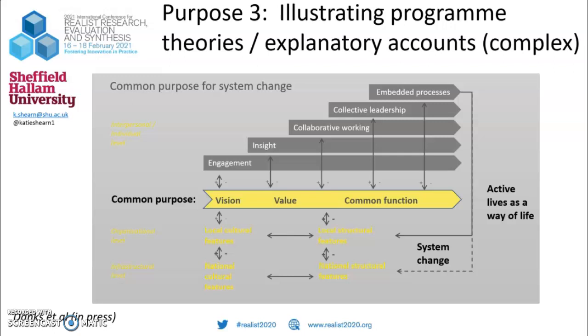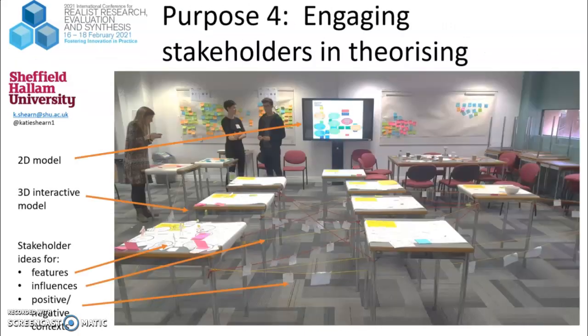And so we have in the yellow arrow here the stages through which they may progress through getting on board with the vision, valuing that vision and working towards the vision, and the support and the ways of working between the stakeholders that might achieve it, as well as providing a reminder of the inhibitory or facilitative context which support each of those phases. And the final model that I'm going to introduce in this part of the presentation here